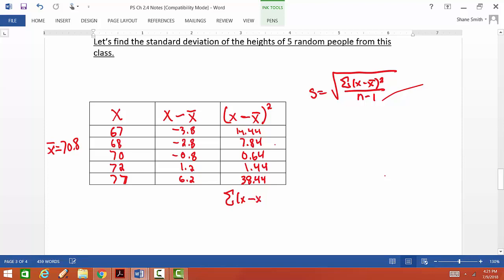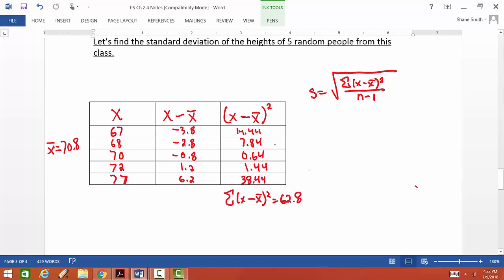Okay, and then we're going to add all these together to get the sum of our squares. Almost wrote mu instead of x bar, right? Which would be a travesty, right? So 14.44 plus 7.84 plus 0.64 plus 1.44 plus 38.44,